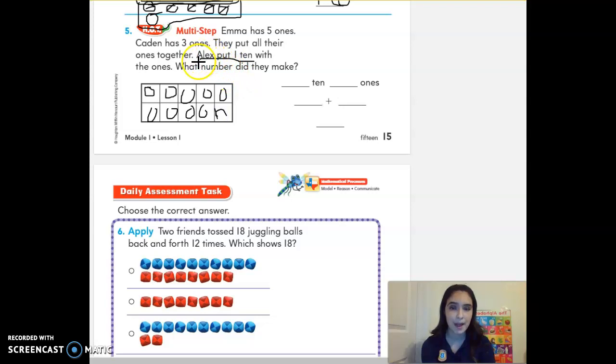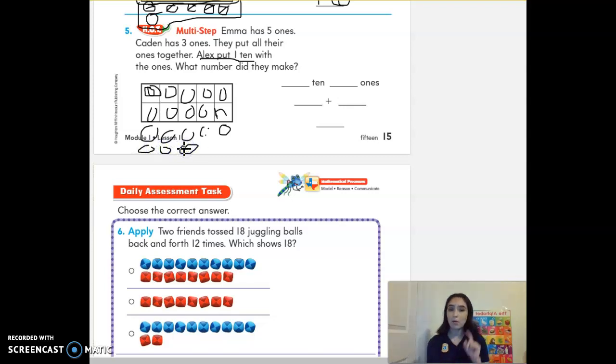Okay, so I put Alex's 10 on there. Now I need to include Emma that has 5 ones. Remember, once we complete the 10 frame, we'll then put the rest under it. Okay, so Emma has 5, here's 1, 2, 3, 4, 5. And then Kaden has 3. 1, 2, 3. Okay, that doesn't quite complete an